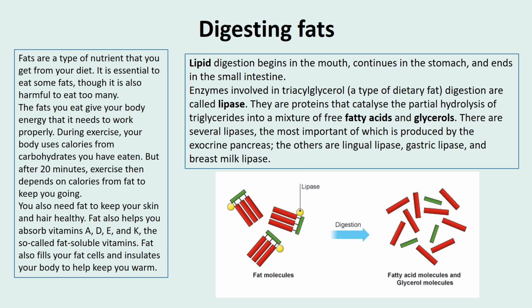Now, lipids are broken down by a group of enzymes called lipases. So carbohydrates are broken down by carbohydrases, proteins by proteases, lipids by lipases. Now, there isn't a specific one that you need to know about, unlike the carbohydrates, which is amylase, and the protease pepsin. You just need to know that lipids are broken down by lipase, and they produce fatty acids and